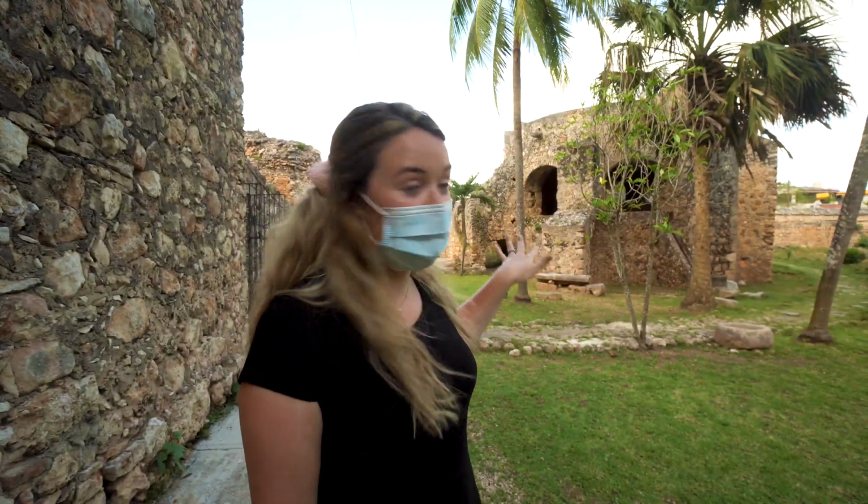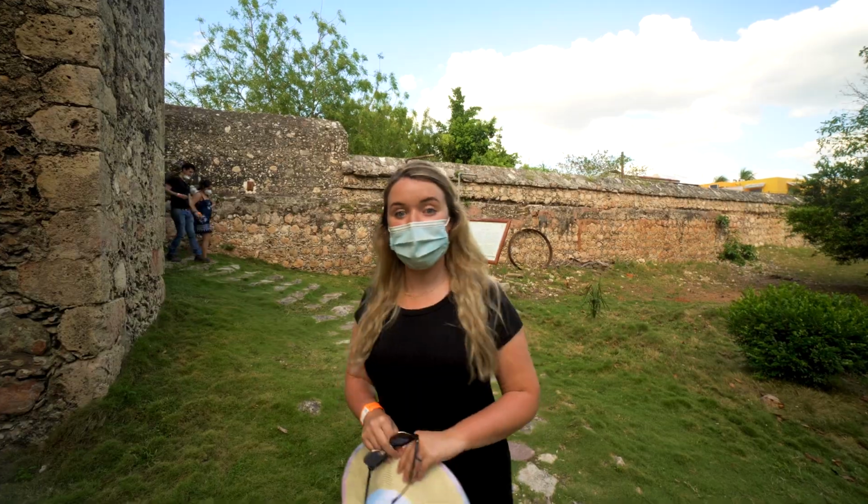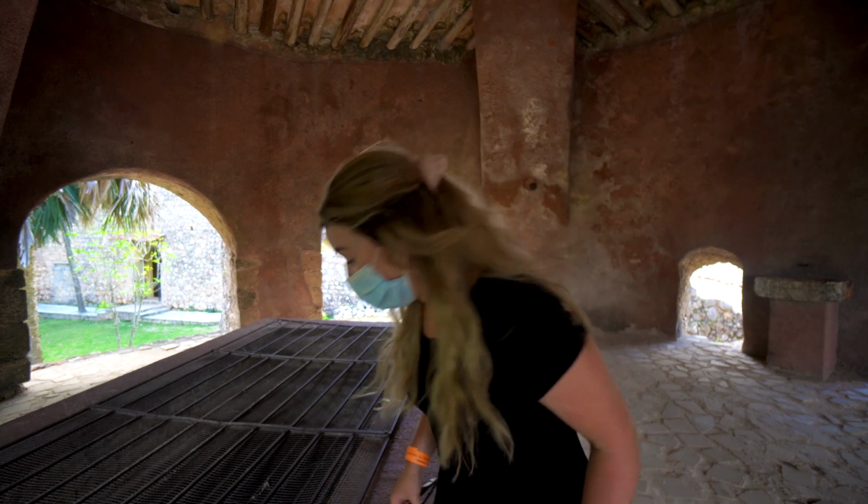There's a cenote inside of this stone structure where they've done a couple dives and they found the first rifles of their kind. Those rifles are estimated to be from between 1847 and 1848. So those are pretty old rifles they found in there. I don't know if you can tell how far down that is, but